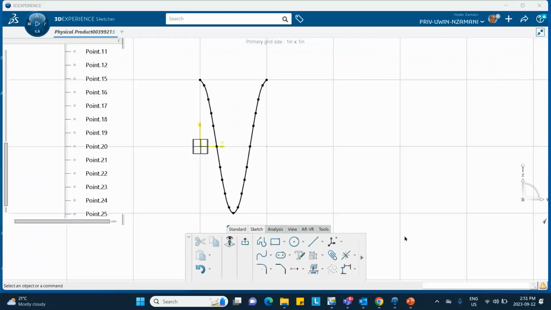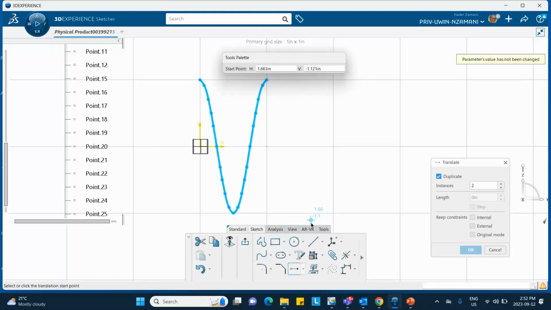Now that we have generated one cycle of this cosine curve, we would like to create two more. Perhaps the easiest way, there may be other ways, is to select this spline and then go down here, look under translate. Put the cursor, we want two replications, two instances. You put the cursor there and look at the bottom left corner, see what it says, start or click the translation point. So let me put as translation point, start point 0,